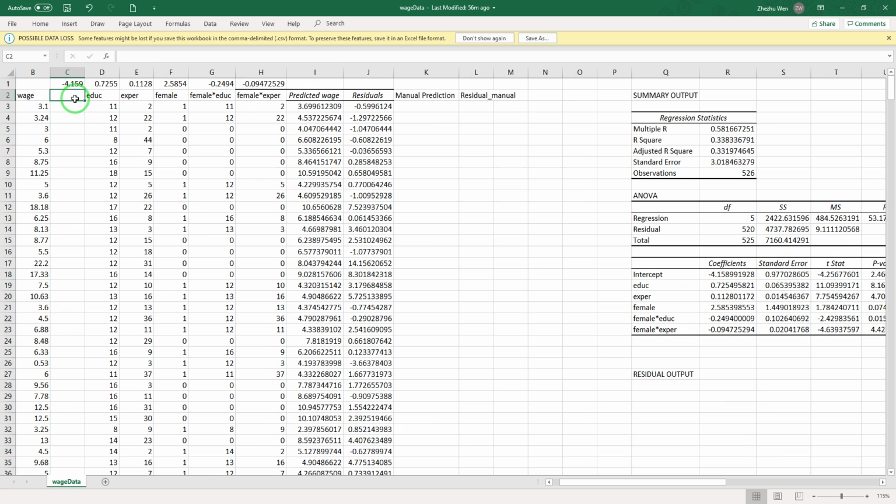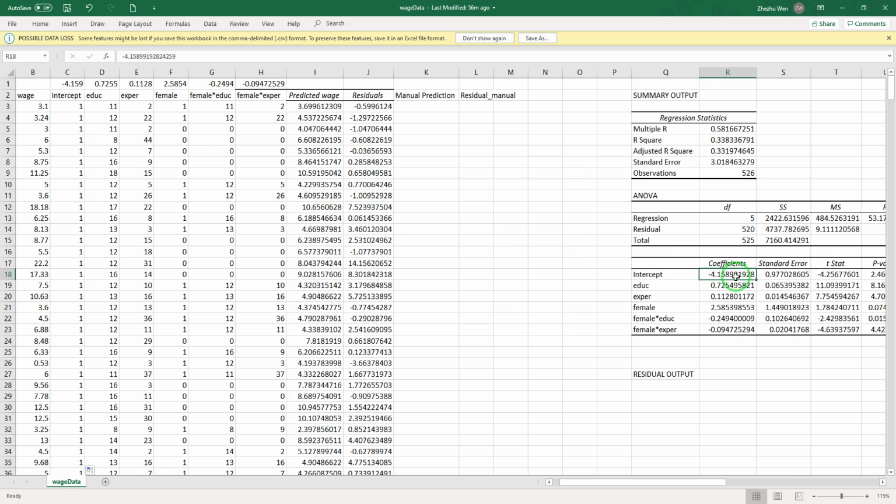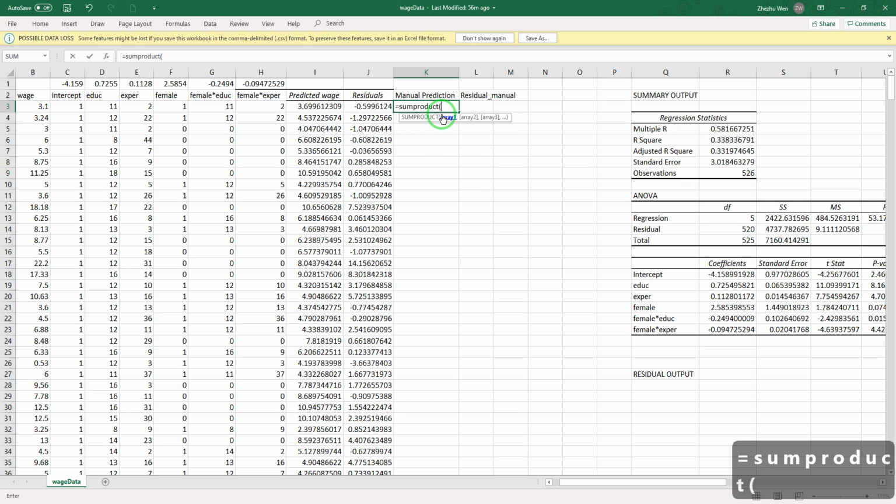Okay, so for here, let's say intercept, because all our intercept is equal to 1. So we're going to put all the intercepts equal to 1. In that case, 1 multiplied by this is basically equal to the coefficient. Okay, so I'm going to use something called a sum product. You should be thanking me for showing you how to use this function. This is a very useful function. Okay, we multiply 1 by 1